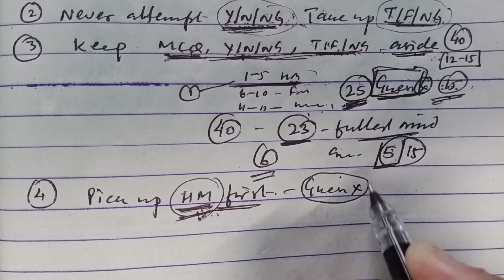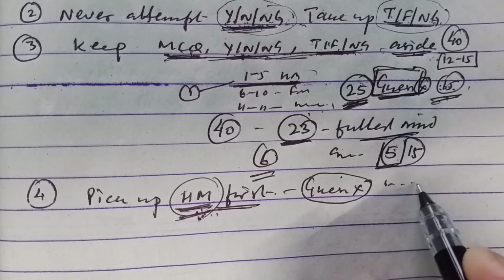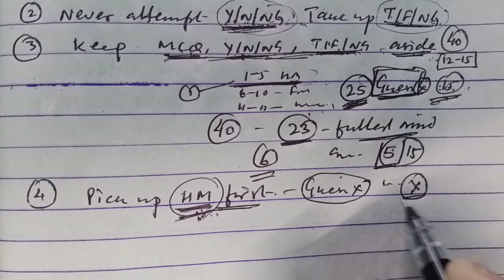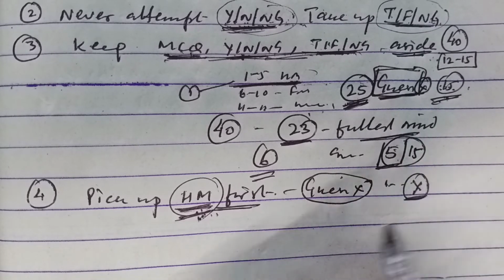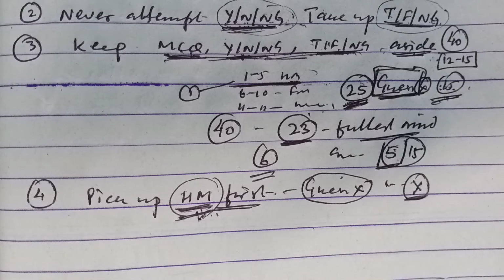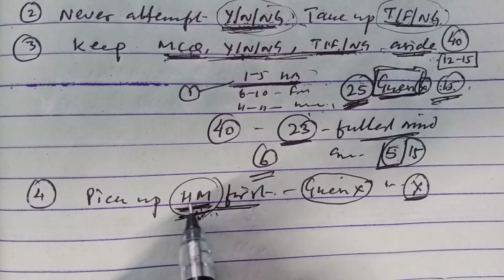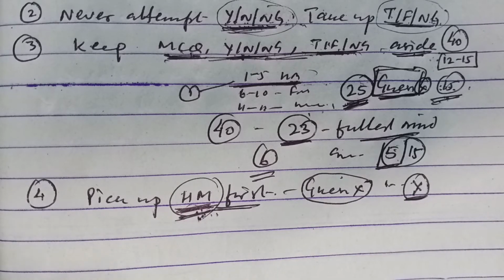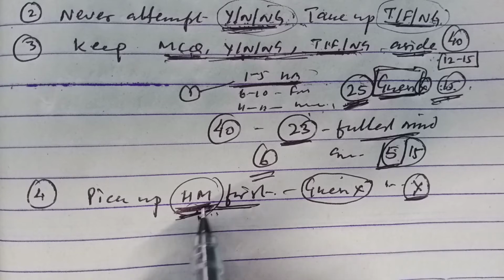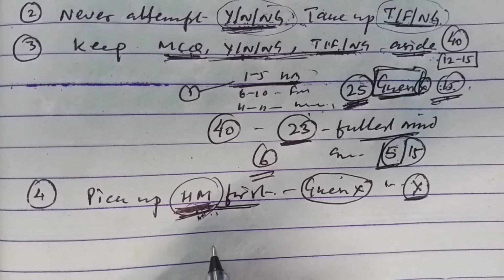No, not at all. If there are 5, 6, 7, 8, they all will get lost at a stretch. And if my student is losing 7 to 8 scores out of 40, then definitely bands are not going to come. So head match always compels us to study the whole paragraph with the details. If you are picking up the head match first, they may be from 11 to 13, they may be from 5 to 10. So pick up the head match first.